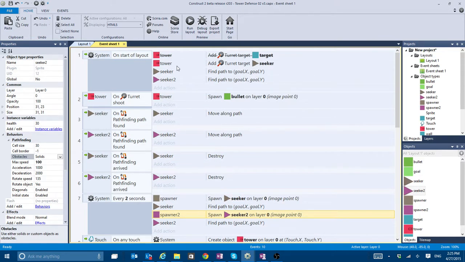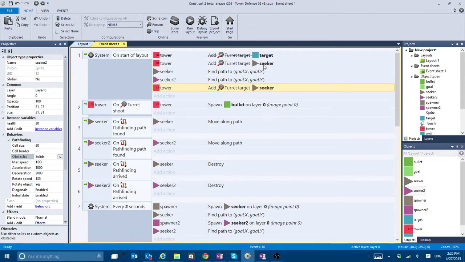The thing that is really important is that we haven't copied and modified this one here, that is telling the tower that these seekers are the enemies. So I'm just going to do exactly what we have been doing so far, and I'm going to replace the object. I'm going to replace the seeker for seeker 2. So now my tower should be able to